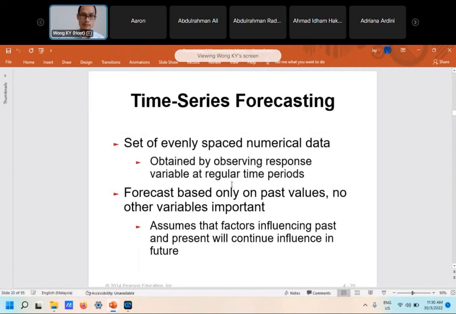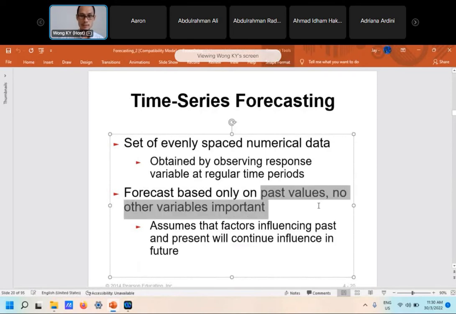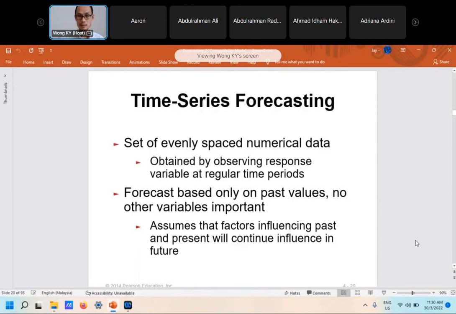And this type of forecast is only based on past values. No other variables are considered important. So it means that we try to forecast future demand entirely based on past demand. We don't consider other factors, like customer requirement, political factors, social factors, environmental factors, and so forth. So we are not saying that certain inputs will affect the demand. We only forecast the demand based on previous past demands,